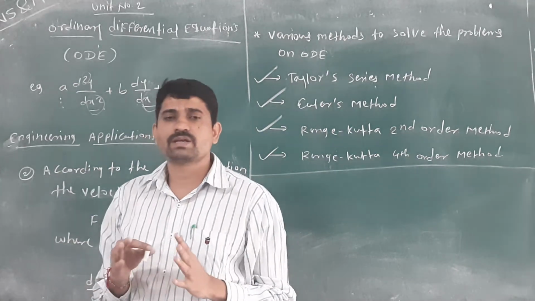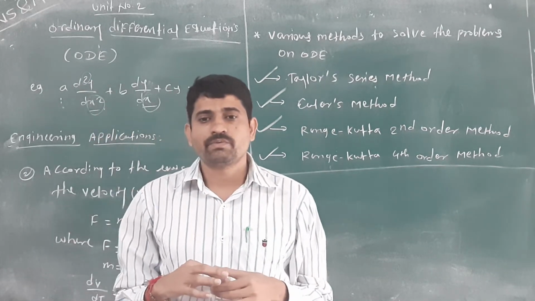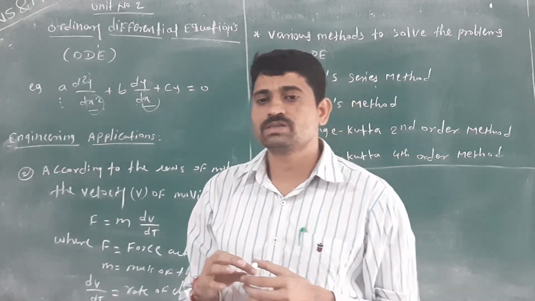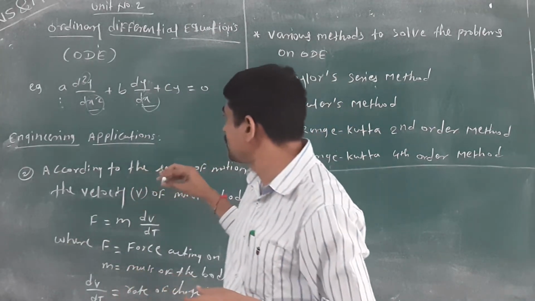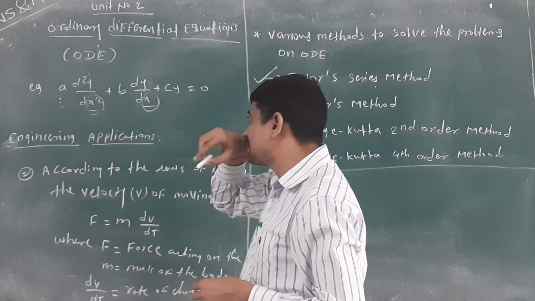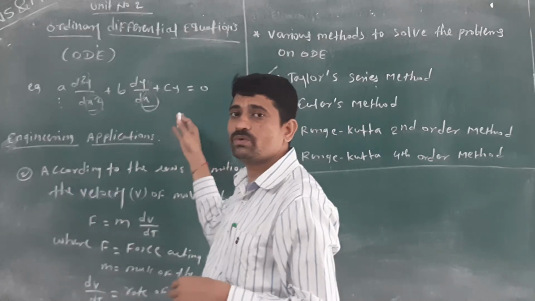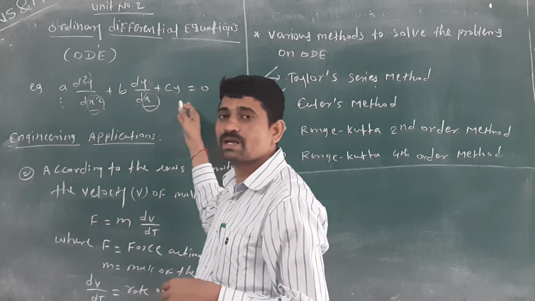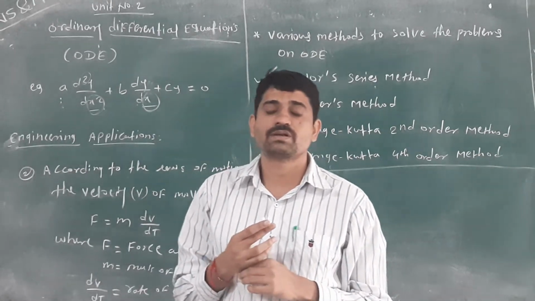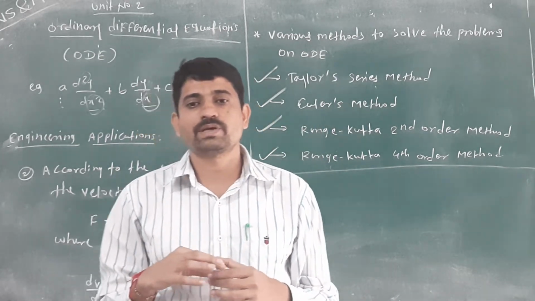All of you getting a little bit of idea what we will do in the ordinary differential equation? Yes, when a differential equation contains all the derivatives with respect to a single variable, there is only one dependent variable, not two. If you are given two independent variables, then it comes under the partial differential equation. But in your syllabus you have the ordinary differential equation.